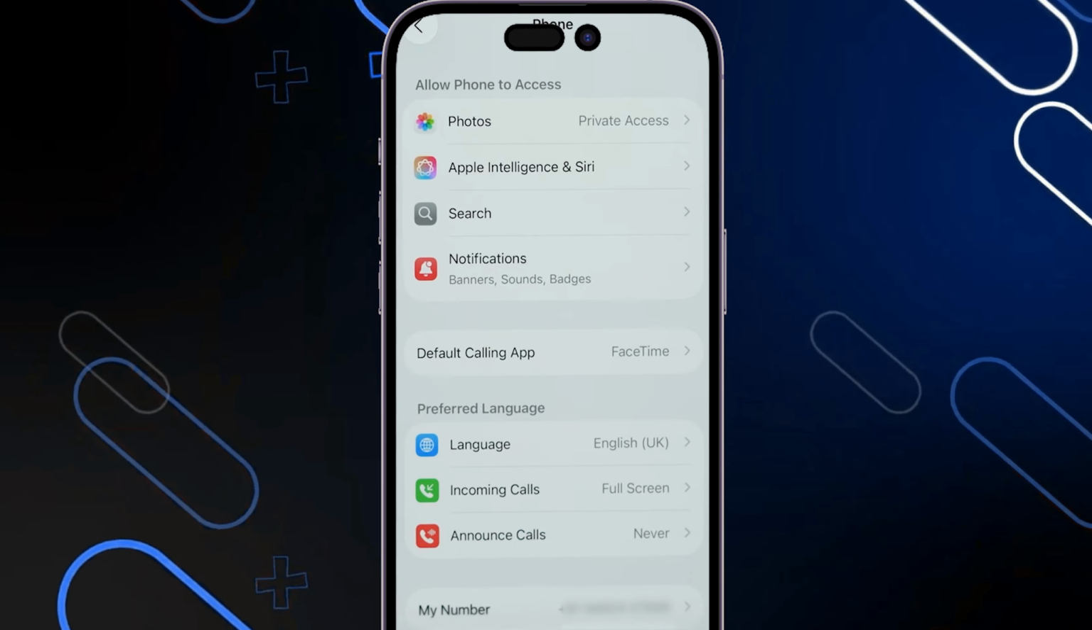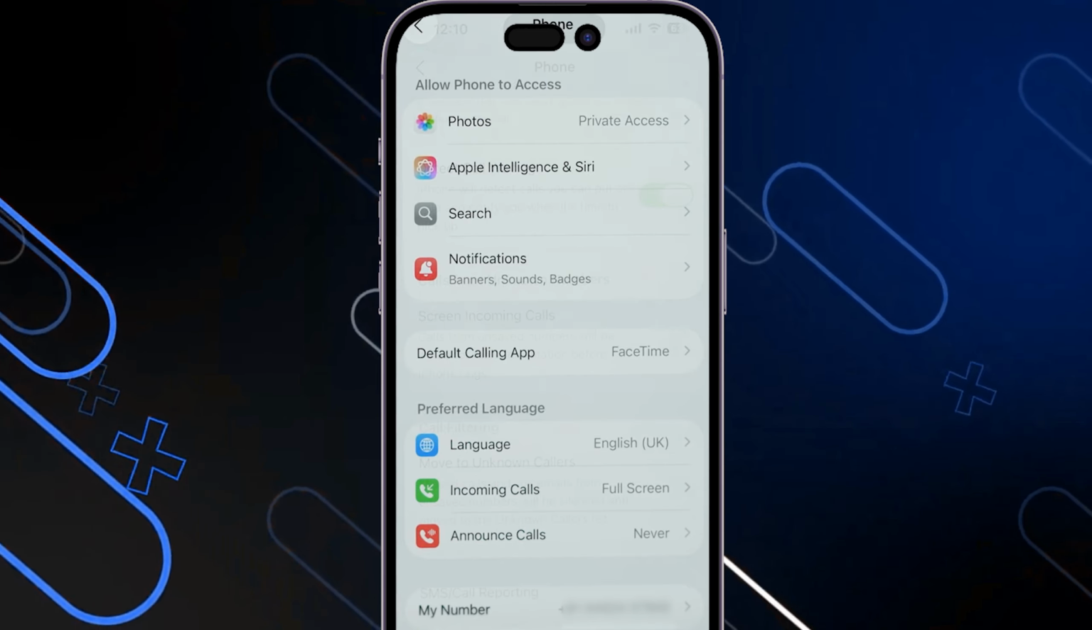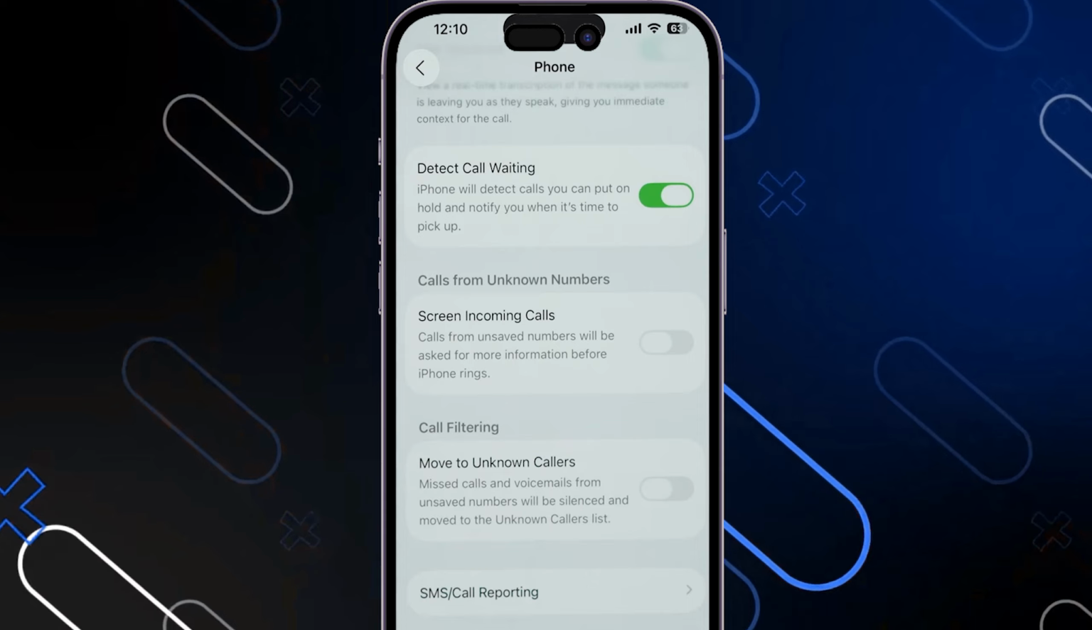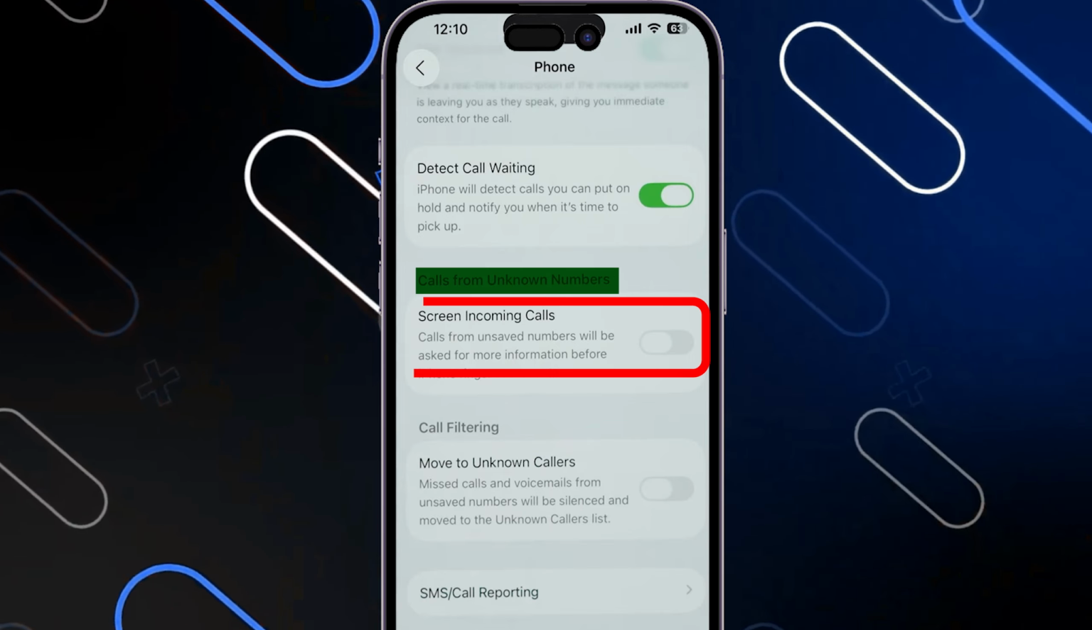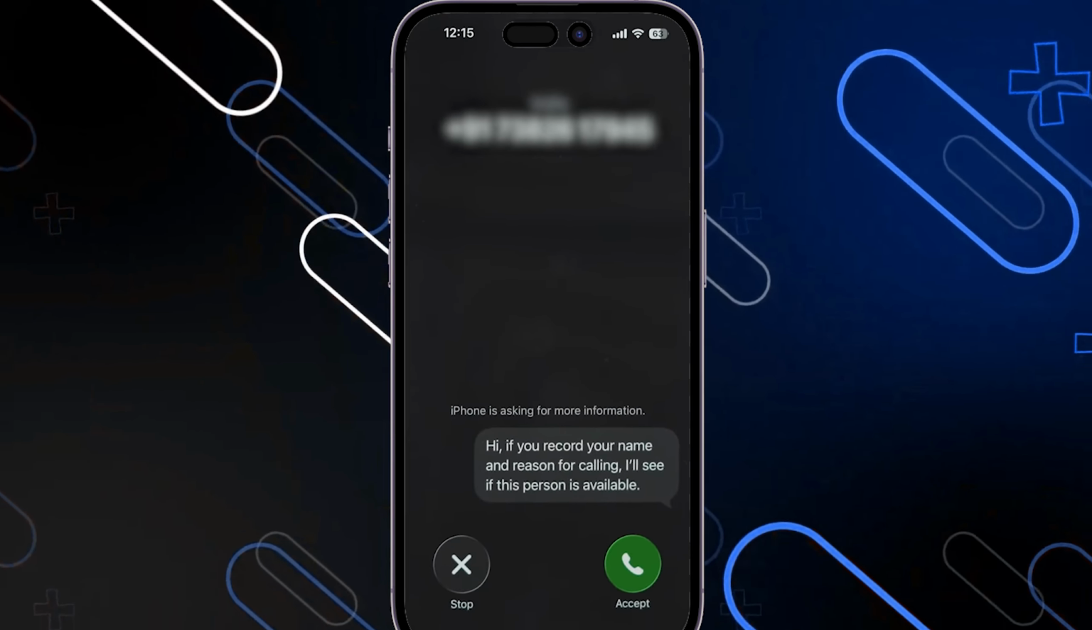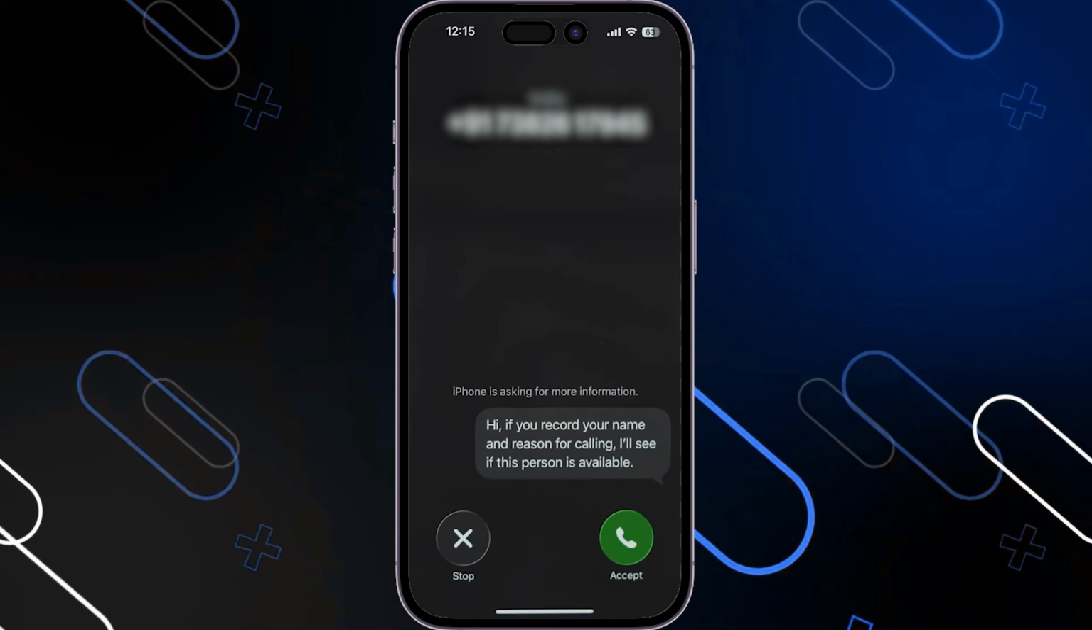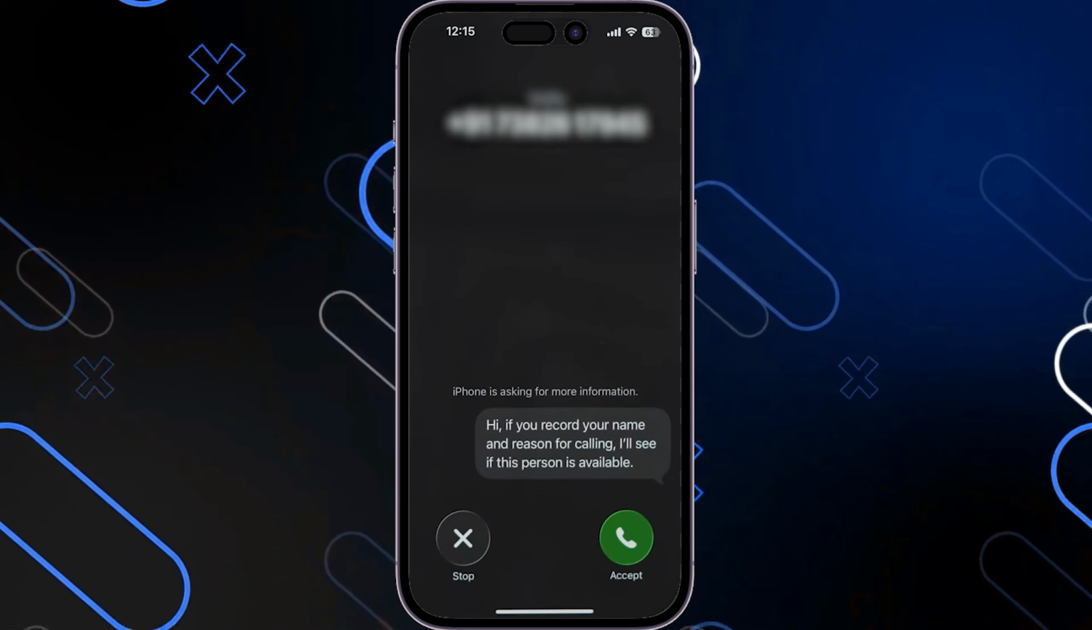Click on it. And now once you click on it, you will need to scroll down more till you find here this option, calls from unknown numbers and screen incoming calls. Just toggle this on. And once you toggle this on, whenever someone whose number is unsaved on your phone